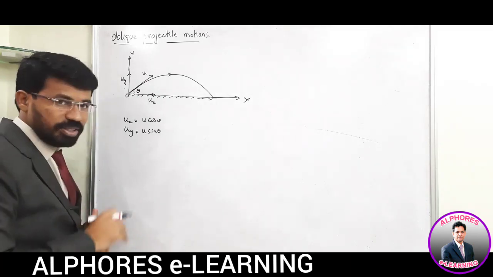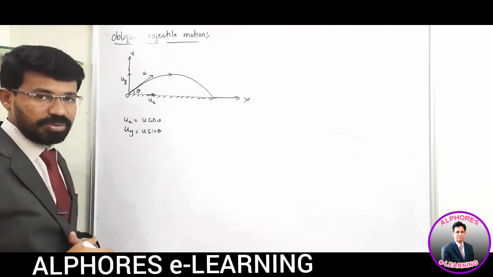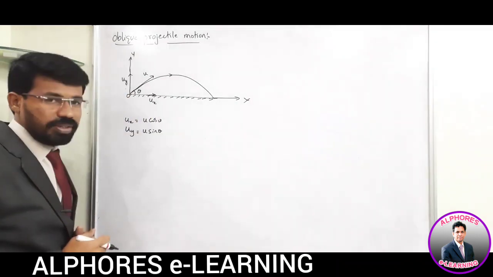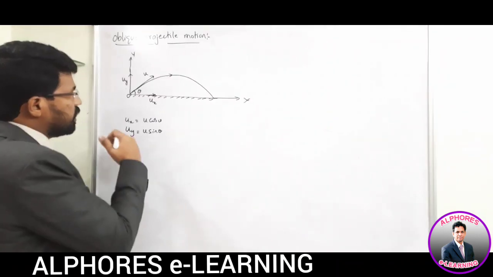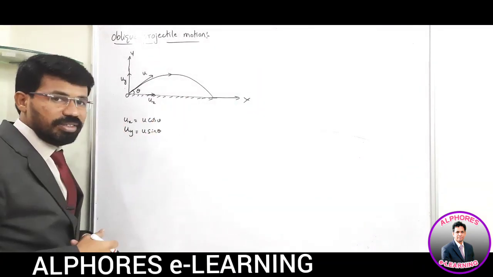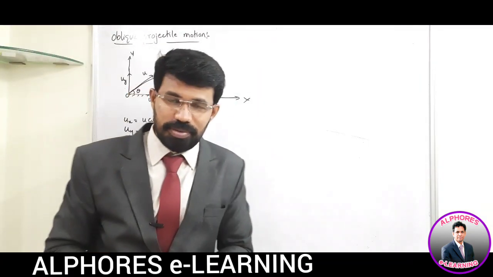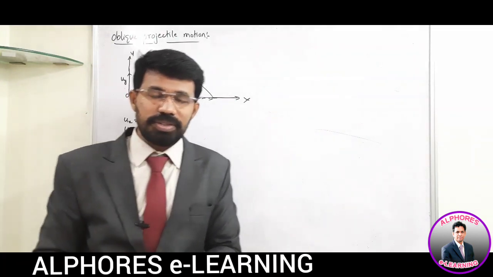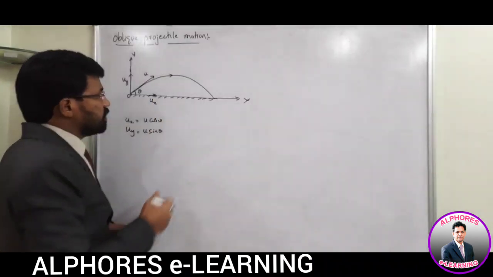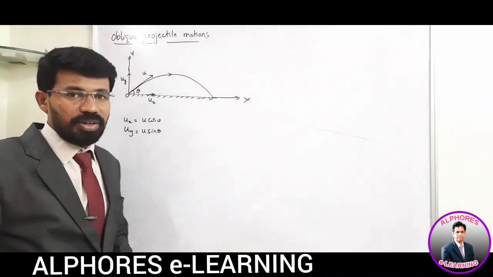In the horizontal direction, it is moving, as well as in the vertical direction also it is moving. It means you can think about two possible components of velocities. One component of velocity taking the body in the upward direction, the other component of velocity taking the body in horizontal direction. So there is a need of resolving velocity into two components so that you can study this two-dimensional motion in a more qualitative way.